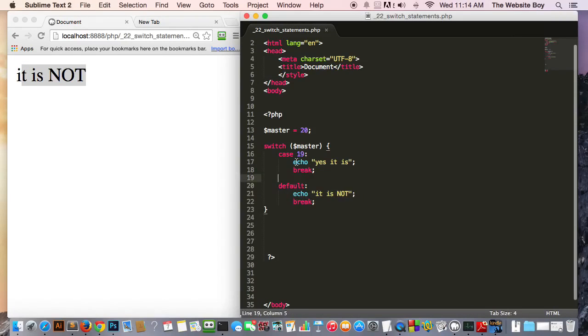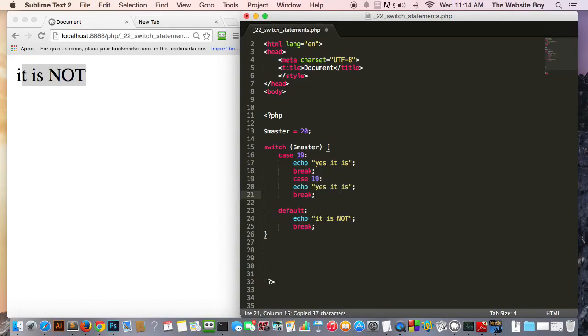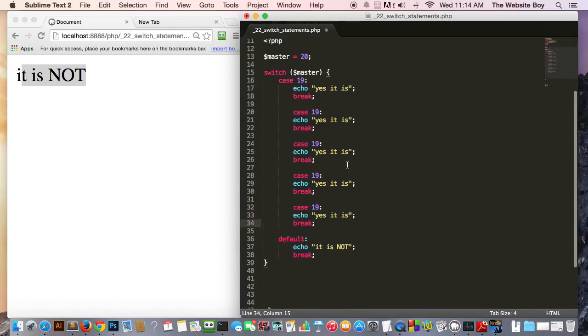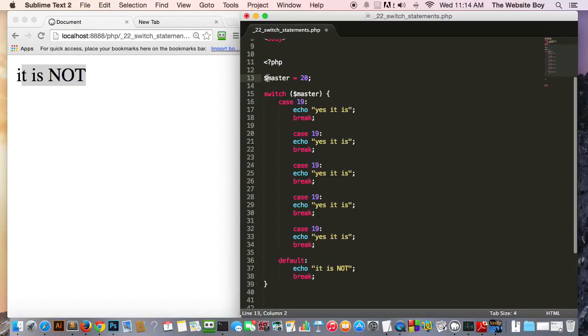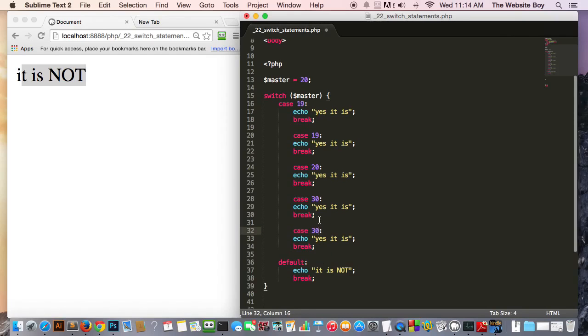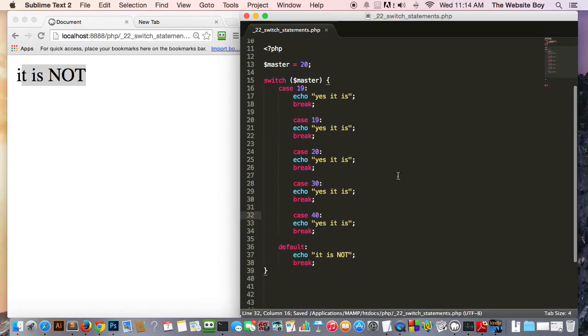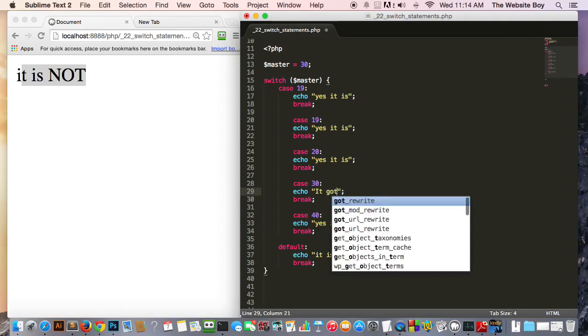You see the default. Now we can put multiple cases here. Let's do other cases and test this. This is why switch statements are so good, because we can test against multiple values. We are testing this master variable against all these conditions right here. We can test it against many different numbers, strings, whatever we want. Let's say for example I want to test it against that 30. I'm going to make the master 30, and when it goes to 30, I'm going to say it got